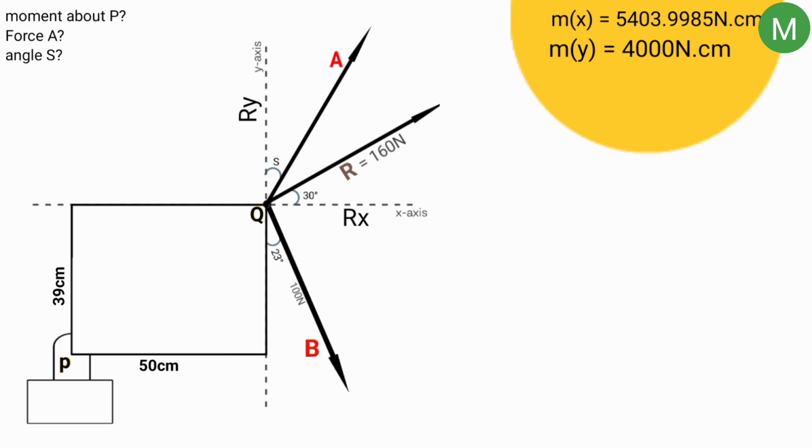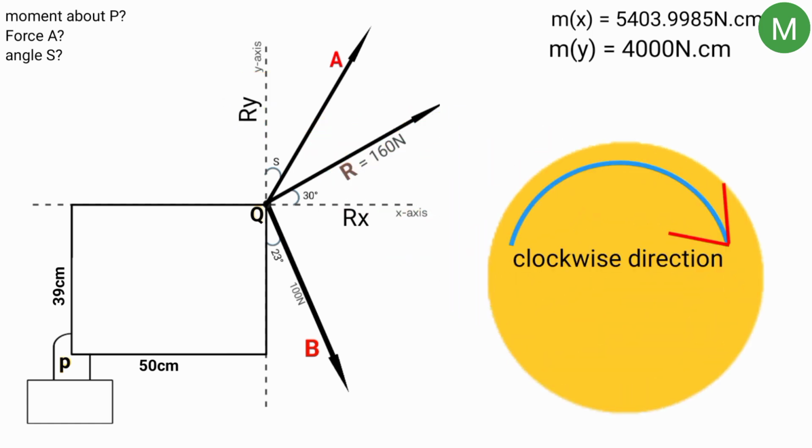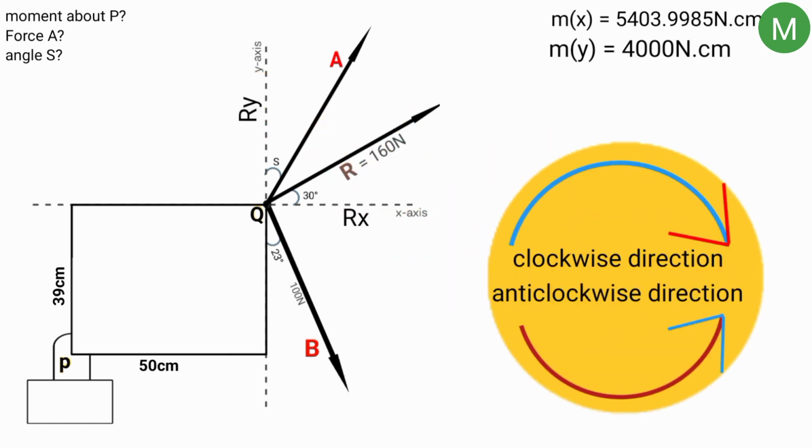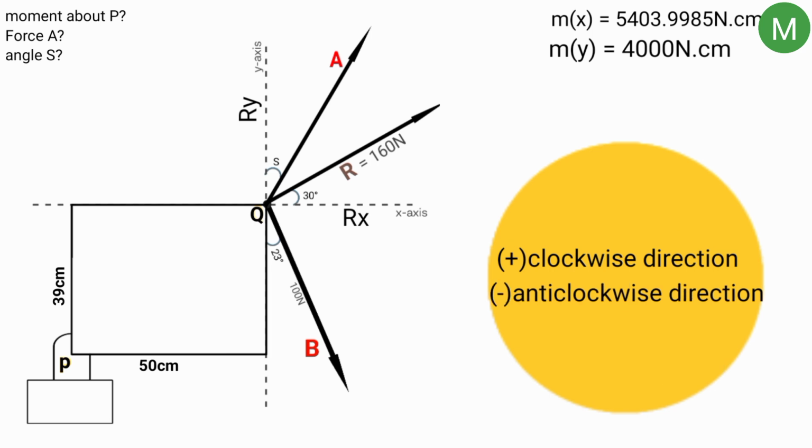But before we do that, we have to consider the direction to which x rotates the board and also the direction y rotates the board. In rotation, we only have two directions, which are the clockwise direction and the anti-clockwise direction. So if we let the clockwise direction be positive and the anti-clockwise be negative,